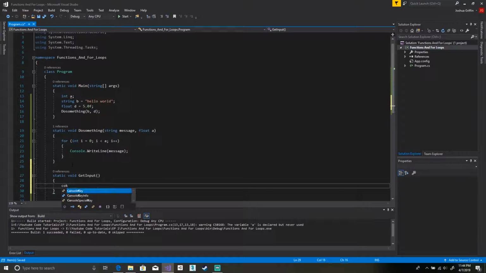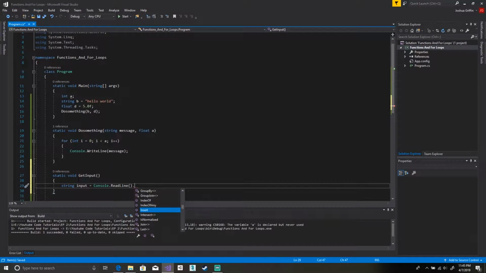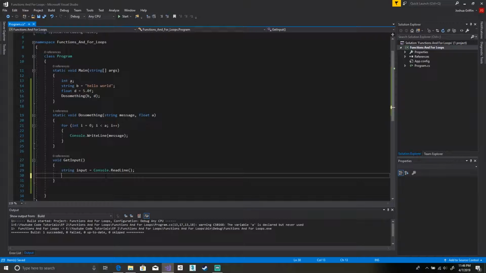So we're going to create a variable: string input equals Console.ReadLine. So our input equals read line, and then we'll return. So we'll just have this say get my input, and then we're gonna run